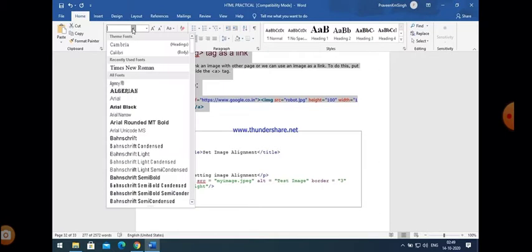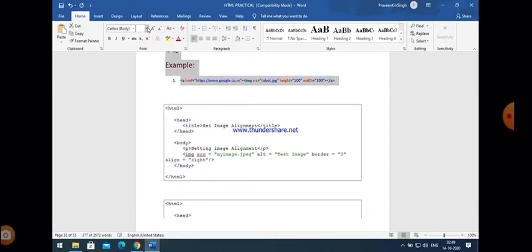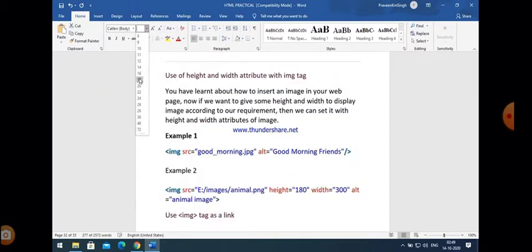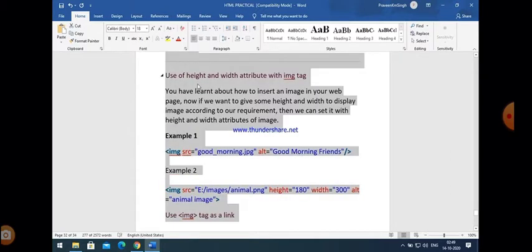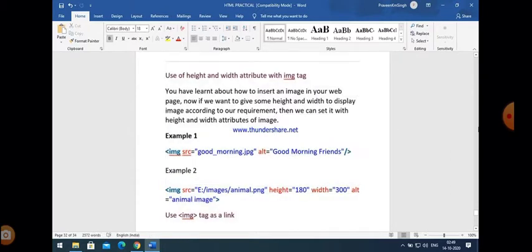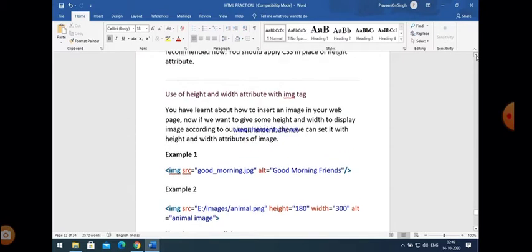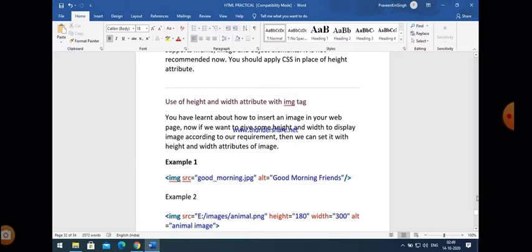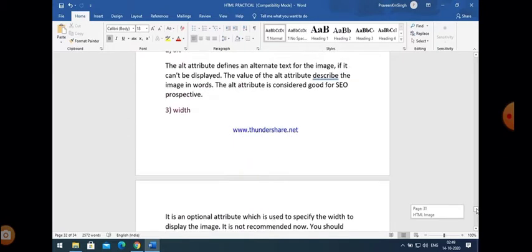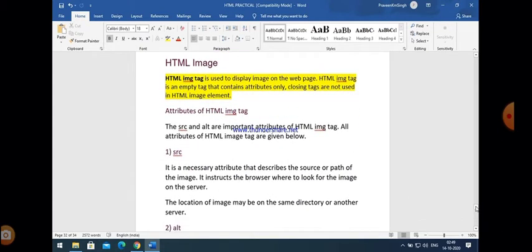And the most important thing related to the img tag is that img is an open tag. It is an open tag, as br tag is also an open tag, hr tag is also an open tag, and img is also a very important open tag, because most of the time in examination it is asked that give the name of some open tags used in HTML. So img is an open tag, and it is used to insert an image in our HTML web page.